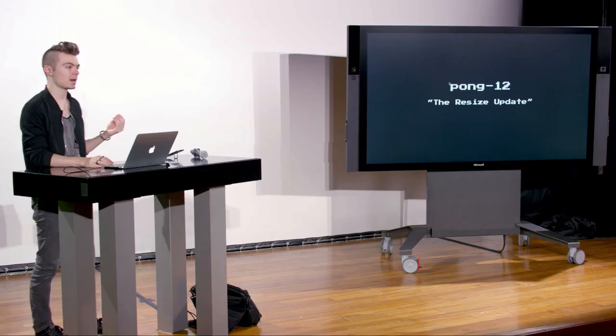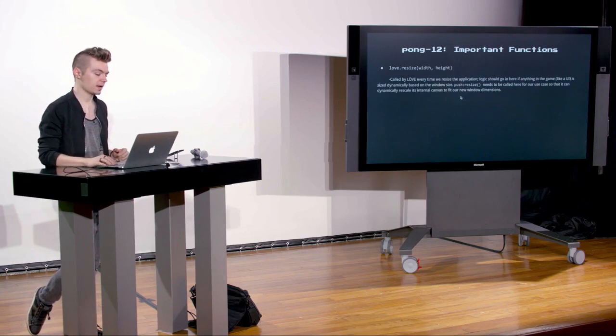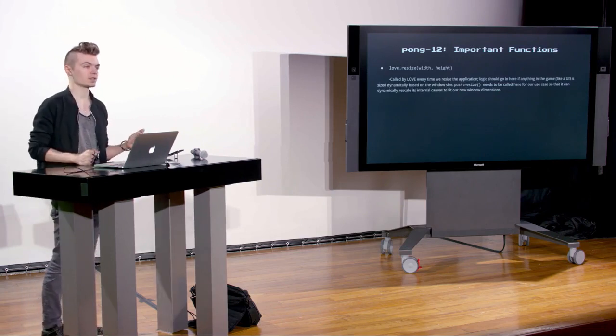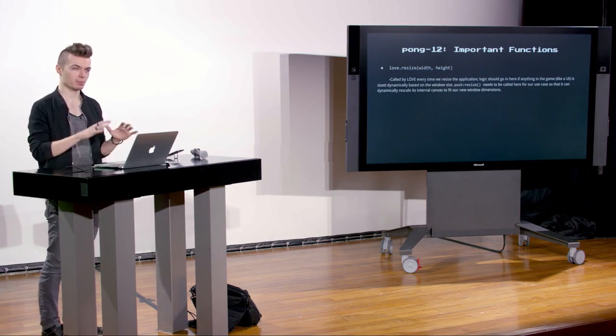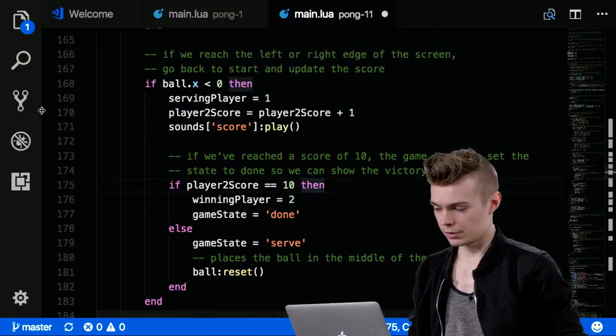There's just one more example that I would like to show you guys, a small example, because all of the examples thus far have had the resizable equals false key in the push setup screen initializer. In case you want to have a game where you can resize your window, all we need to do is call a function called love.resize, which takes a width and a height. And what we're going to end up doing with that, specifically for our use case, because we're using push, we're going to go to